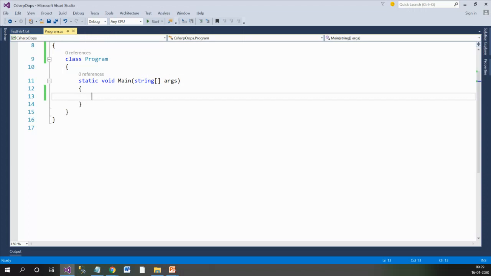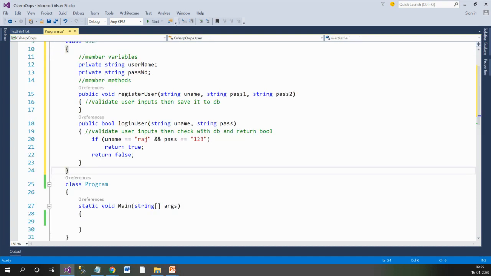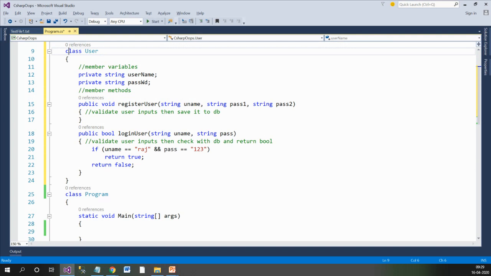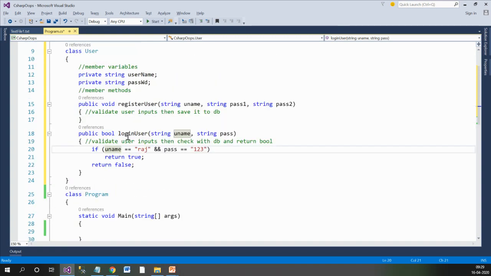So here we'll create the class User with the same skeleton, the same structure, that is username, password, register user, login user, and some implementation. I have written some concrete implementation for now.